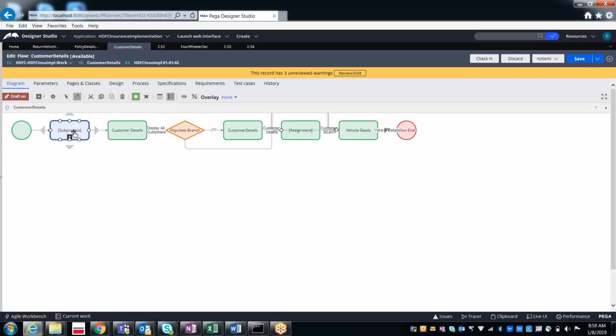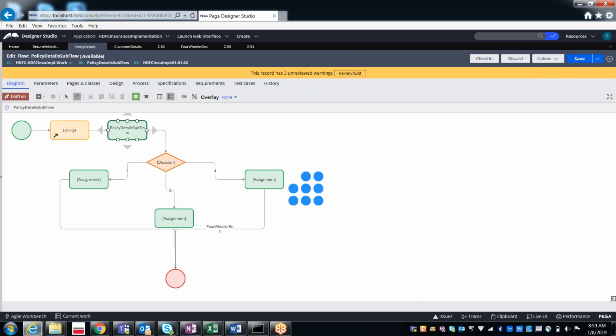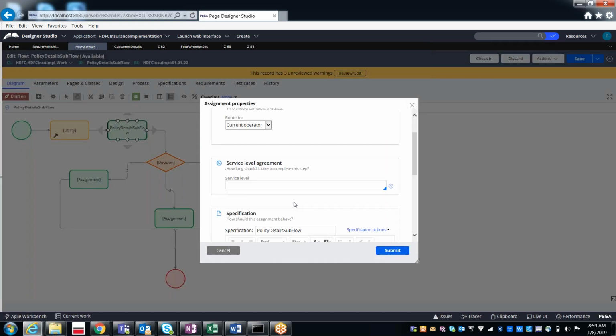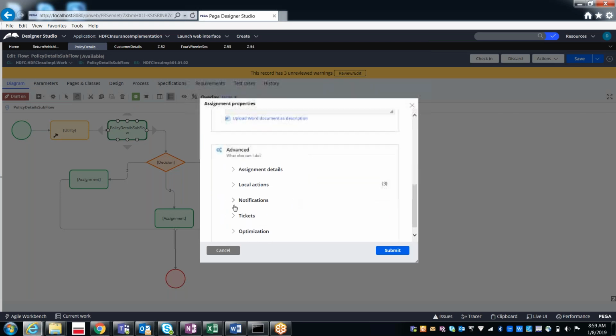But we are able to see the add attachments for the first assignment in the subflow. Why? Because here we have applied that local action at the assignment level. So that is the reason why only for the first assignment you are able to see it, and the second assignment you are not able to see it.